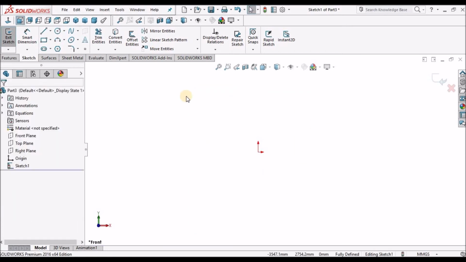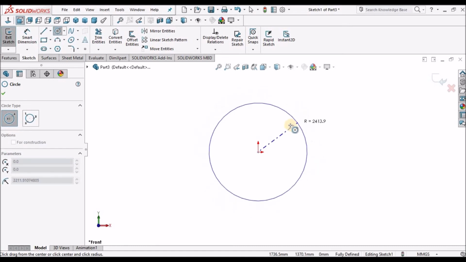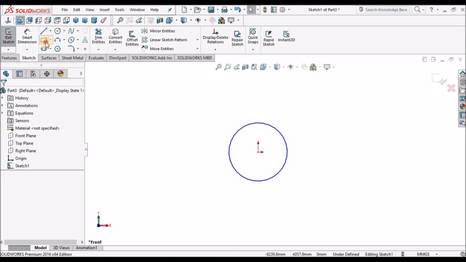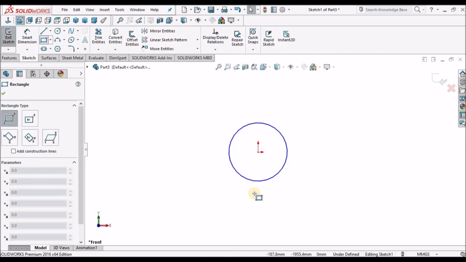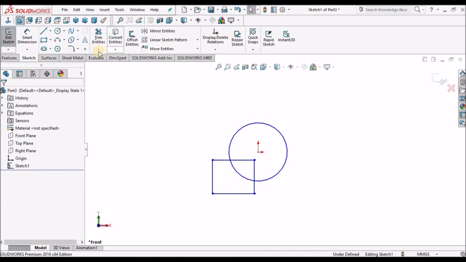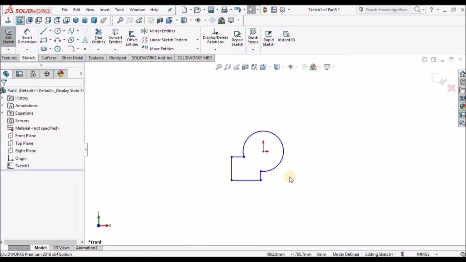For moving entities, for example, suppose this is my logo.